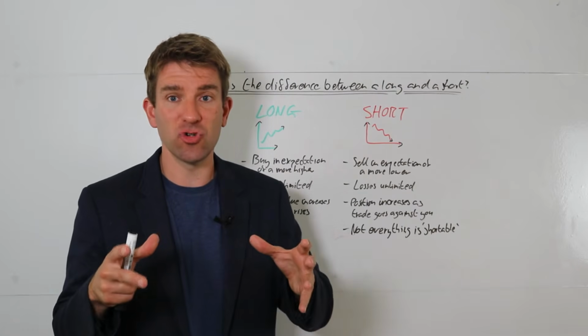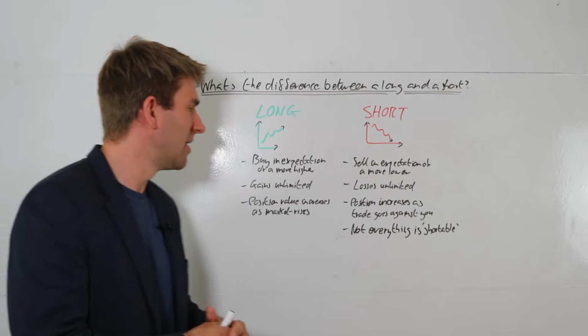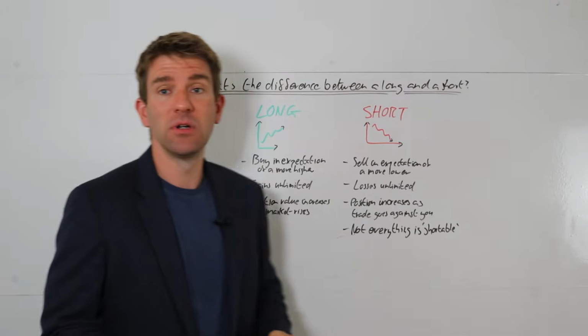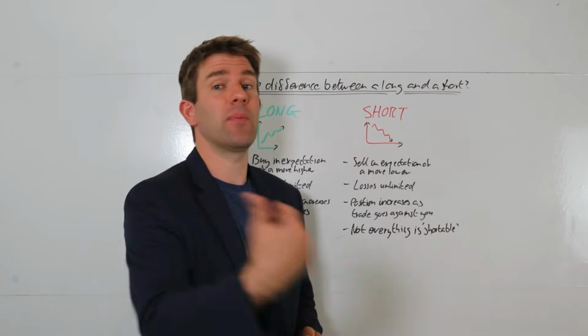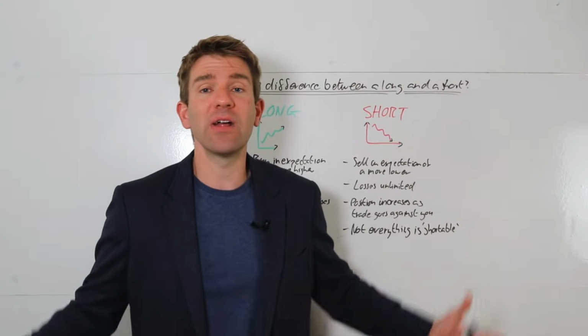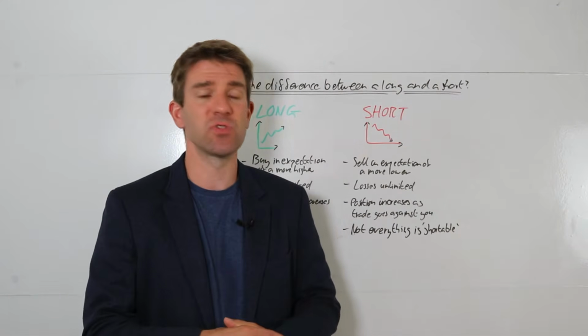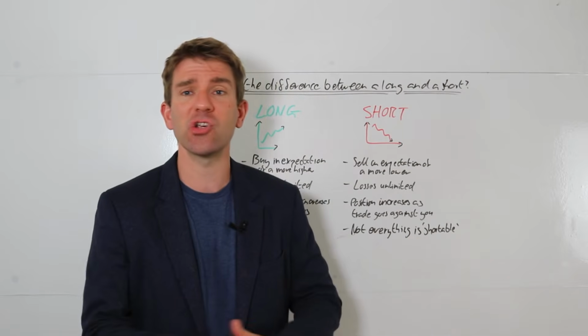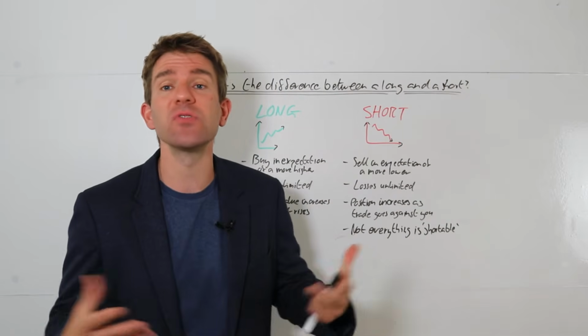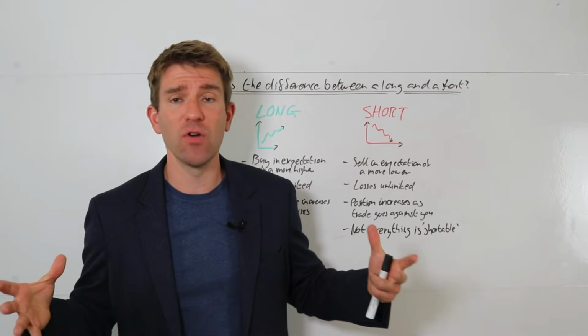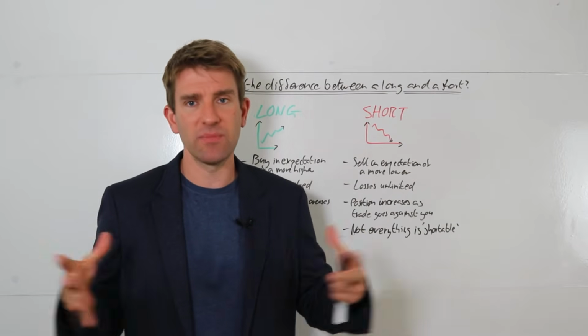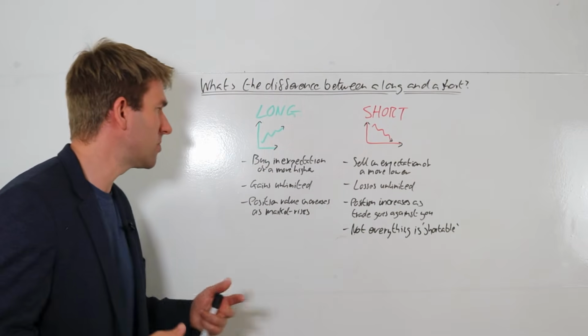So you understand the instrument you're trading, of course, with whatever you're trading, but your gains are unlimited with long. The good thing about being long is something can go up and up and up for however long it goes. And we've seen this with some of the cryptocurrencies, for example, extreme moves. We've seen this with some of the tech shares at the moment. We even see it with some of the currencies from time to time. You know, they go overextended for very long periods of time, then come back in. So your gains are unlimited when you're going long.